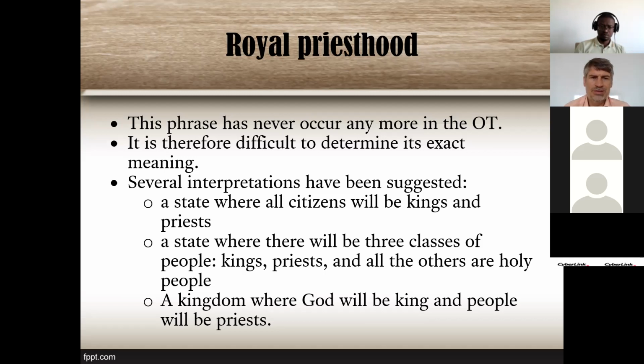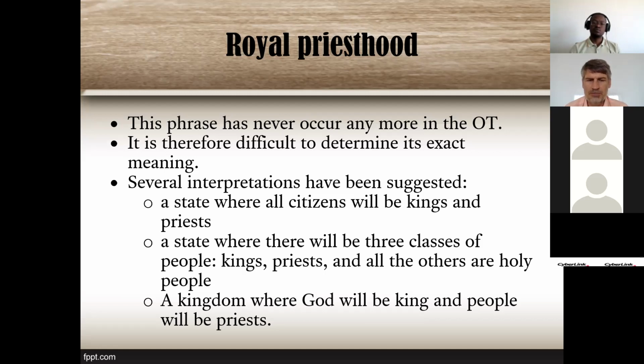This could be translated in several ways. So some people translate it like this: this is a state where all citizens will be kings and priests. So it will be a community of the people who are at the same time kings and priests. So it could be a country where there will be the three classes of people: kings, priests, and all others